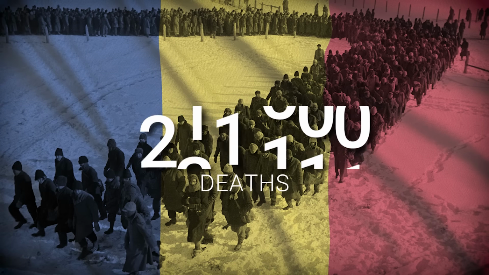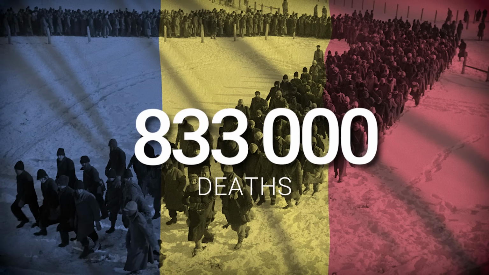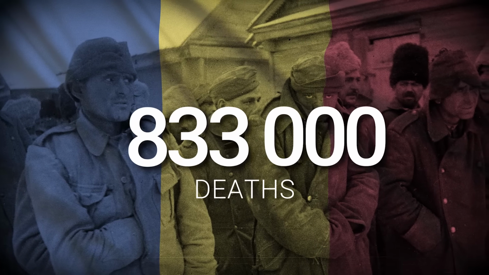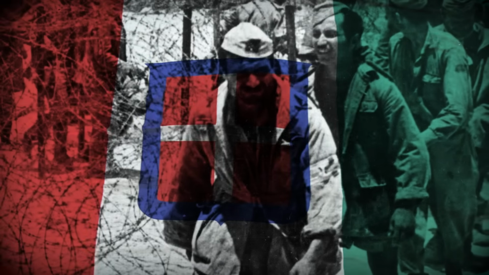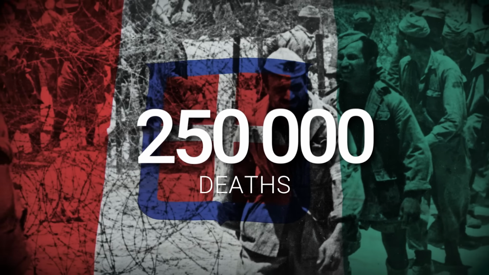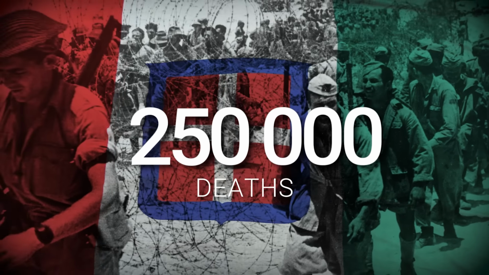The following are a few examples, and all of these figures are still disputed for accuracy, but the following numbers are conservative but realistic estimates. Of the Axis powers, Romania had over 833,000 deaths, with 200,000 being civilians. Italy had almost 250,000 military deaths, with